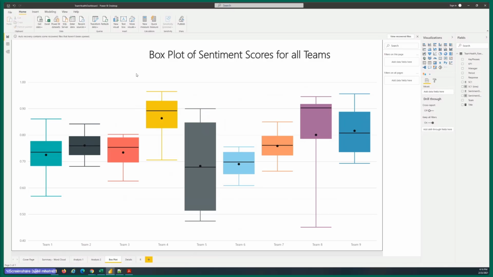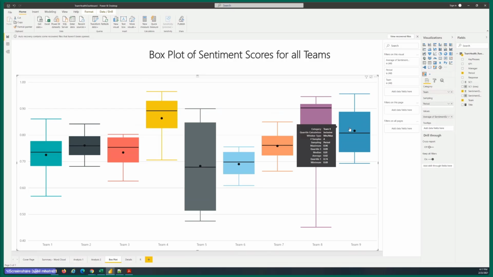All right, so the next visualization that I'm going to show is the box and whisker plot. For the box and whisker plots as well, I have simply gone to the marketplace and downloaded the box and whisker chart. So you click on it. So we want to compare this data across teams.